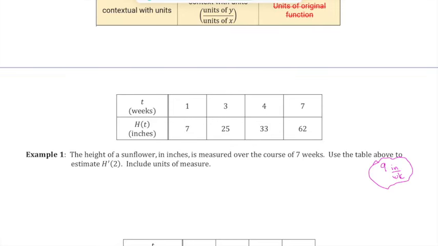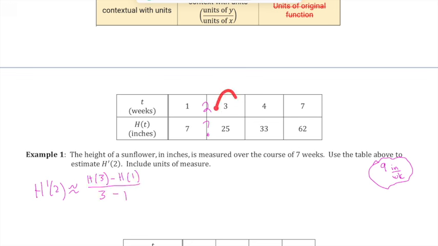So example 1 says the height of a sunflower in inches is measured over the course of 7 weeks. Use the table above to estimate the derivative at 2. Now notice 2 is in between. So we're going to try to estimate the derivative here, or the growth rate. Now, whenever you're estimating, we always use average rate of change. So we're going to use 1 and 3 to figure out what's the slope at that particular point, or the instantaneous rate of change at that point. So the derivative at 2 is approximately,